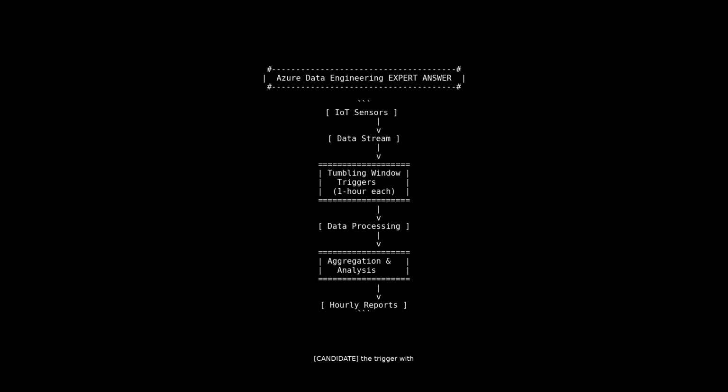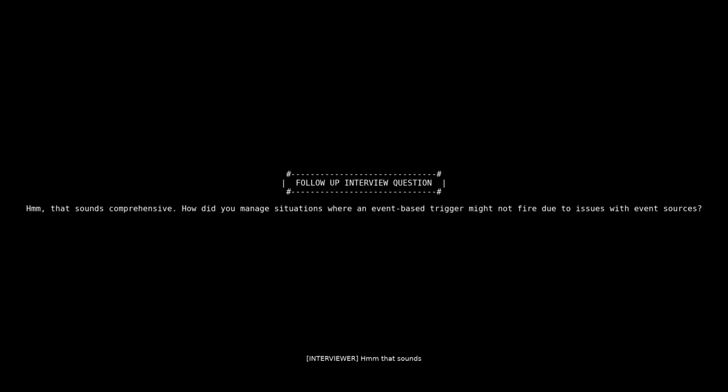We configured the trigger with a 1-hour window size and ensured that each window processed data independently, which was crucial for generating accurate hourly reports. That sounds comprehensive. How did you manage situations where an event-based trigger might not fire due to issues with event